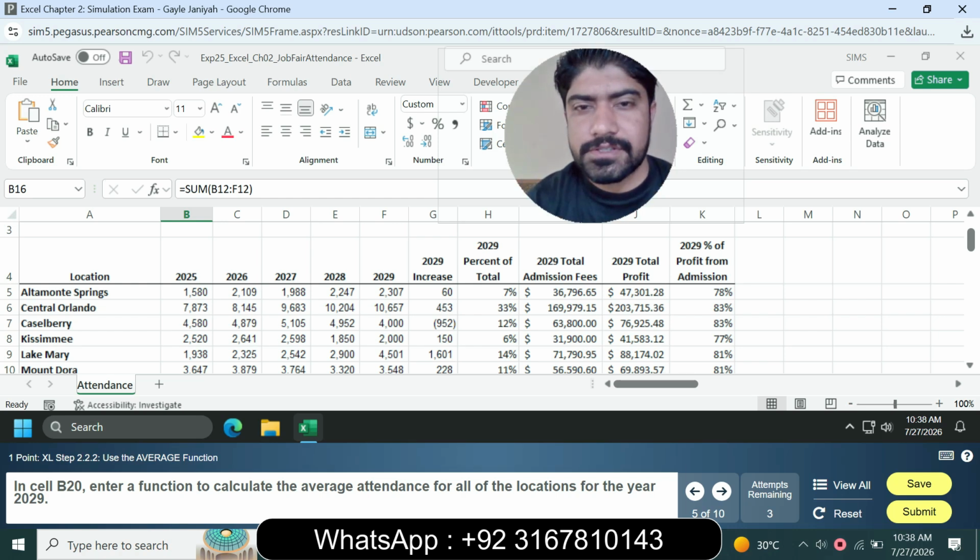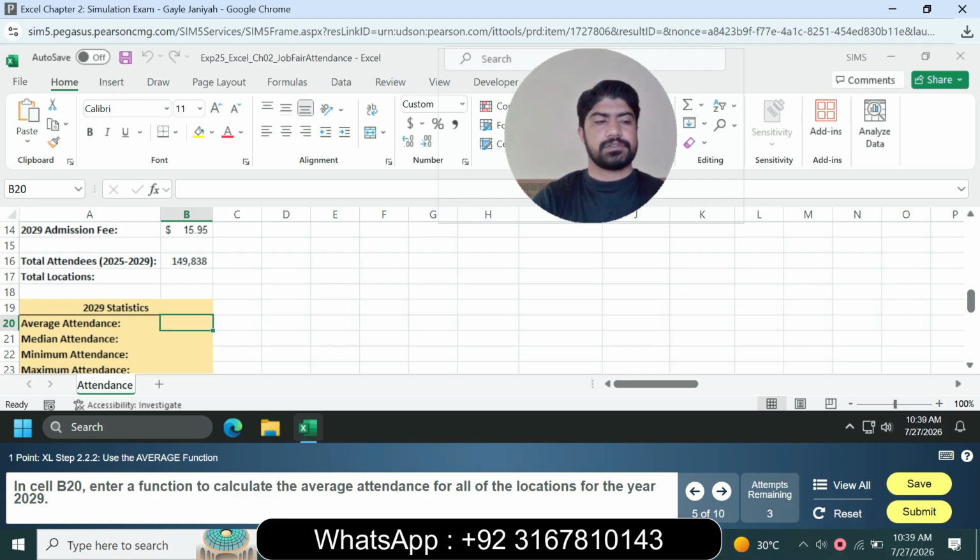So question number 5 is: in cell B20, enter a function to calculate the average attendance for all of the locations for the year 2029. So next in cell B20, and press Enter, and next cell